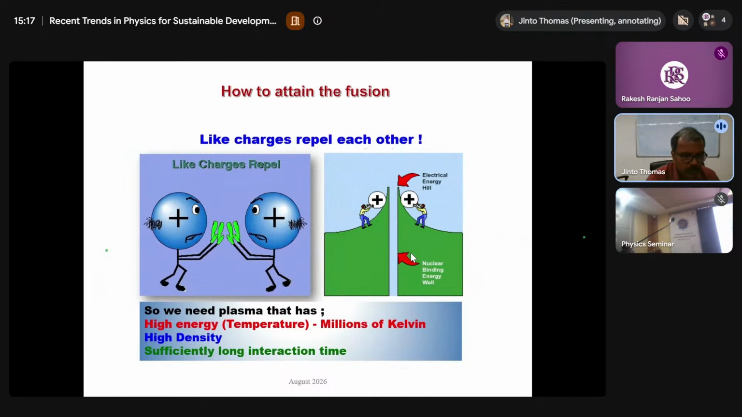Now we know that if you need to fuse two nuclei, like charges repel, and the closer you go, the larger the repulsion energy is going to be. So if you need to fuse two nuclei, you need to overcome the Coulombic potential, and that is possible only if you can heat the material to such a large temperature that it can overcome the Coulombic potential. That means millions of Kelvin and a high density. And if you can have a sufficiently long interaction time, fusion is attainable. Now the talk is more about how this will be done and how we will be quantifying